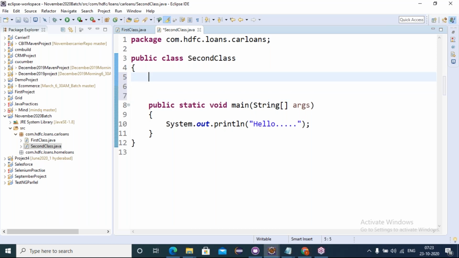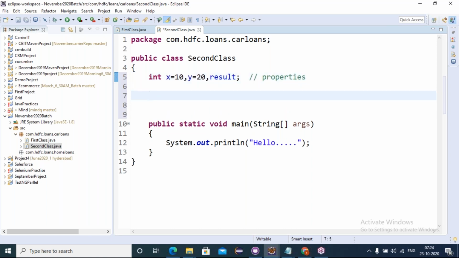So the properties are integer type: int x equals 10, y equals 20, and result is to store x plus y or x minus y. These are called data properties. 3 properties I plan, and 2 behaviors I would like to plan here.